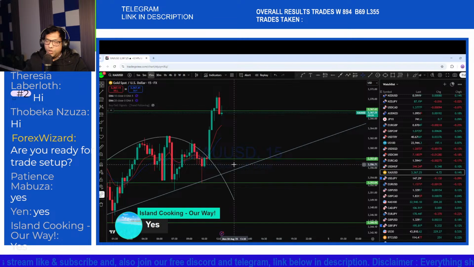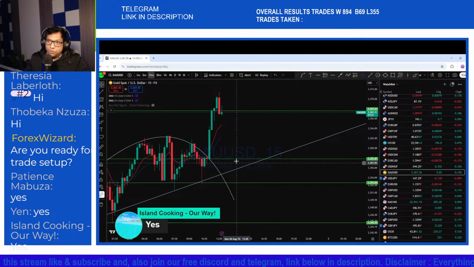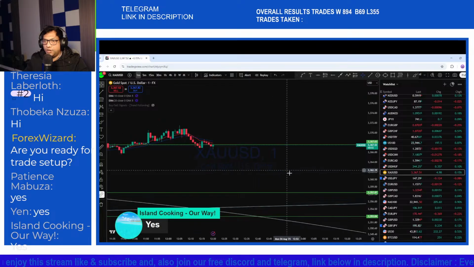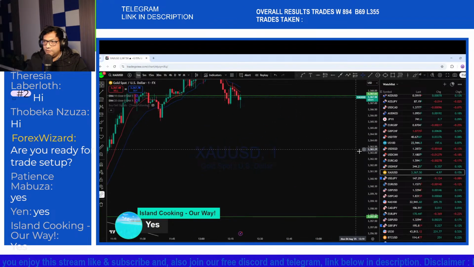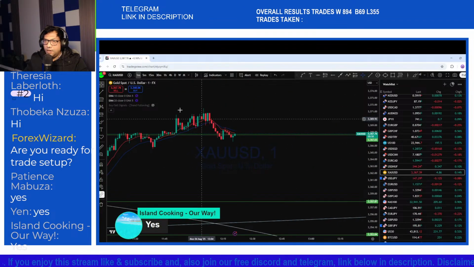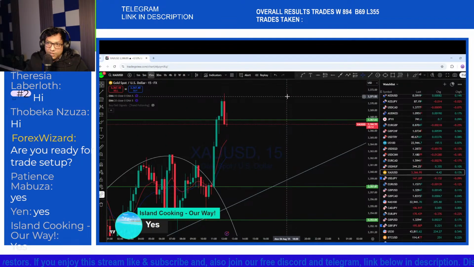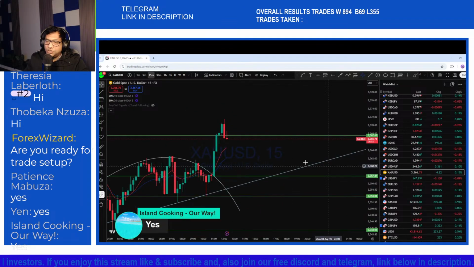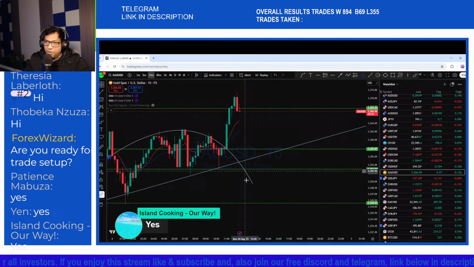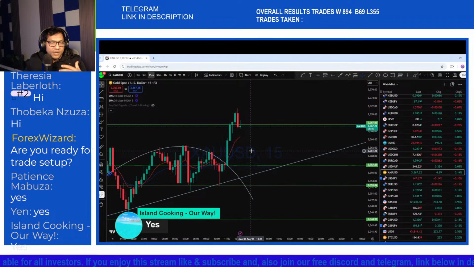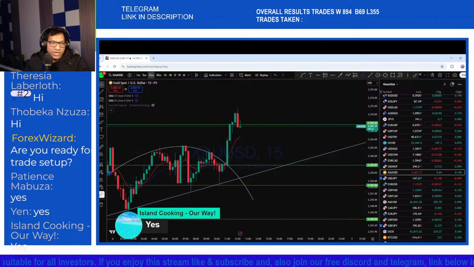So this is what we are looking at the moment for a possible entry. Now we may find a different entry on even the 1 minute chart. And at the moment, the way the price action is forming, it is highly likely that we could see a break below here. And again, it's a bull market. We are looking for a bullish entry in this market from this support level.